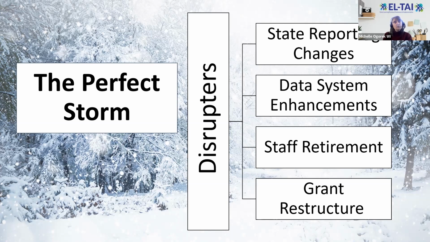So we have technical assistance providers that go around the state. They don't have a particular region, and what they do is they do training and technical assistance. So our storm, all of our data disruptors, the COVID, the age change, the new reports, the staff retirement, and the grant all together really had significant impact. It really rocked our systems. It seemed to impact every system.